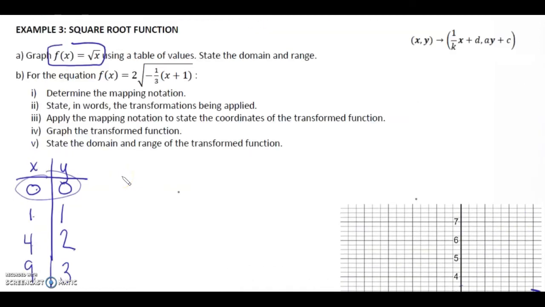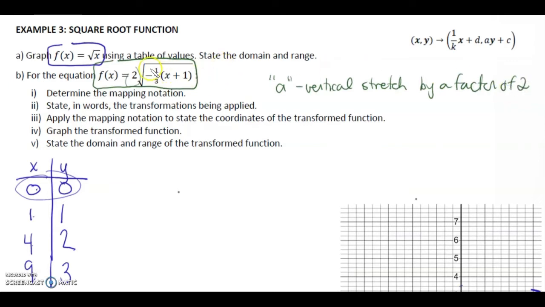Now let's take a look at the transformed function. We'll do this in green. Okay, f of x equals 2 root negative 1/3 bracket x plus 1. So let's list the transformations here. So our a value is a vertical stretch by a factor